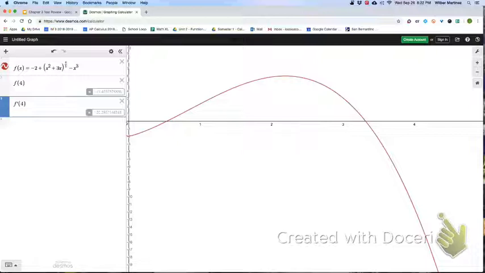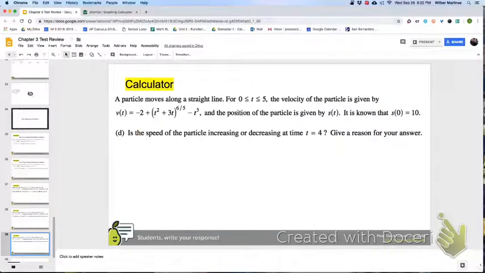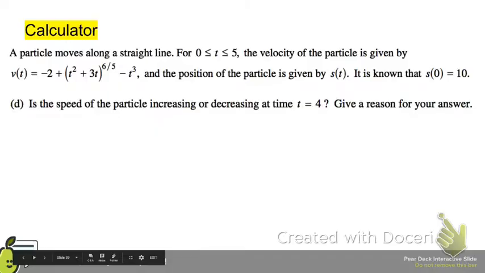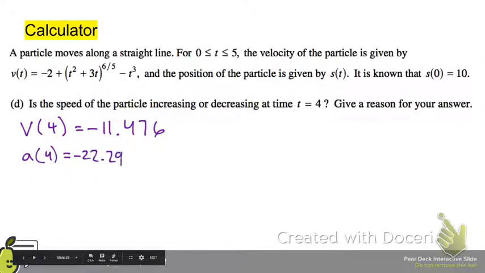On Desmos, I'm just going to put f prime of 4. So f prime of 4, a of 4, is equal to negative 22.296. Yeah, that looks good. Alright, here we go. Last problem, let's justify, make sure we did it correctly. So we're going to write our work. Our work is v of 4 equals negative 11.476. And our second thing for work is a of 4 equals negative 22.296. And our answer with reasoning is the speed of the particle